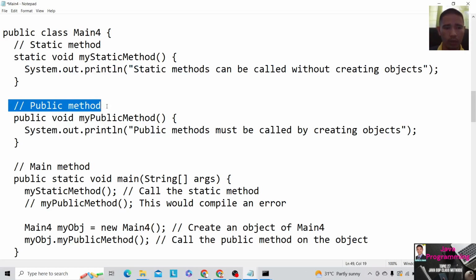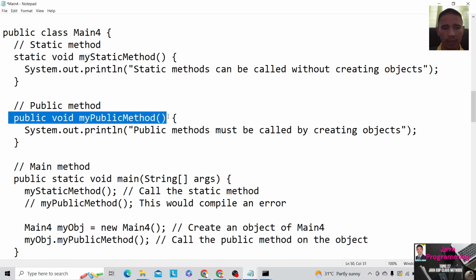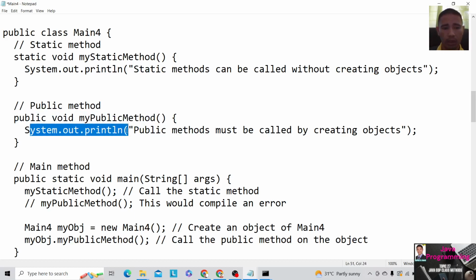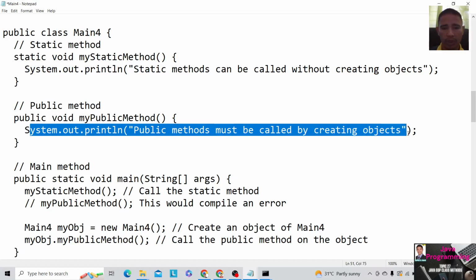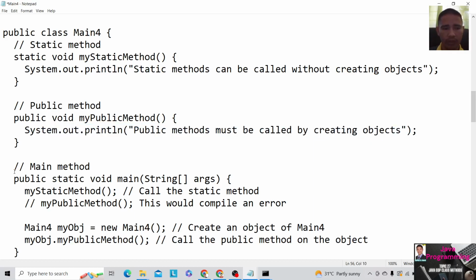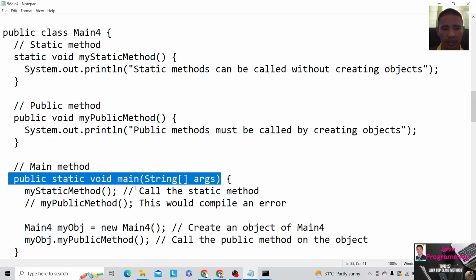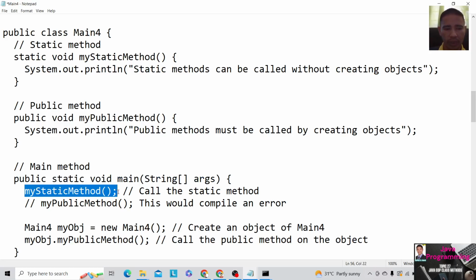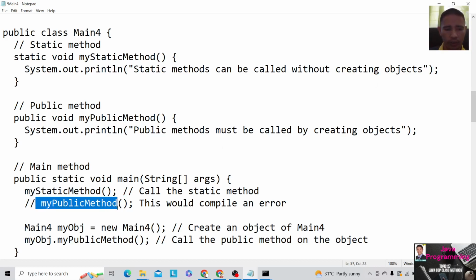And we also have the public method. So we have here public void myPublicMethod. So we have this output. Public methods must be called by creating objects, and we have our main method, this one, public static void main, String args. We call our myStaticMethod directly, and it will display: static methods can be called without creating objects. And this one is a single line comment. If we're going to delete this one,